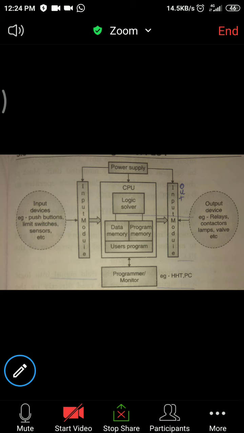If the PLC is fitted into a system or machinery, then it can be programmed in the system using an HHT, that is a handheld terminal, like a mobile or tablet type of device, which can load that program into the PLC. So in this way, this construction of PLC is there. I hope this part is clear.